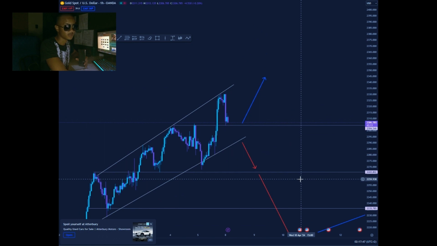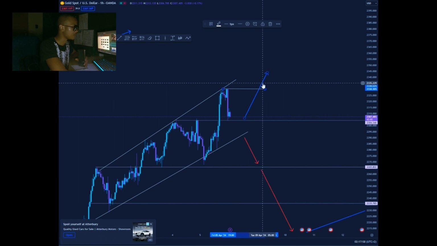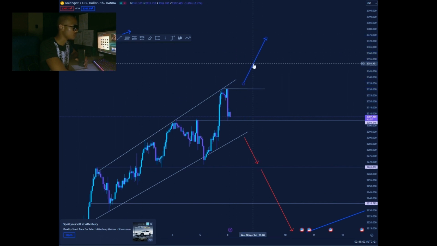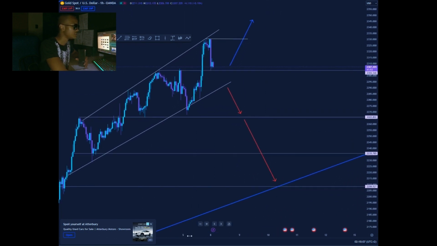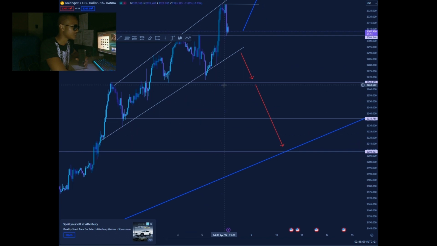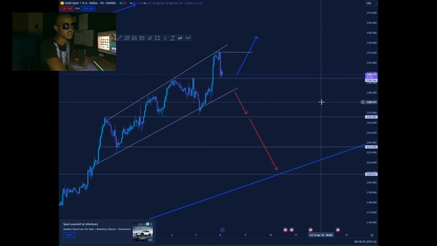But however, the market has two sides of the story. If the market respects this zone and wishes to break above over here, it means that the market will continue to be bullish until we hit this blue zone over here. So now we can see the structure, but the high probability of this trade is to have sells, as USD is bullish and is showing good data to continue to be bullish. So now let's just jump to NASDAQ.